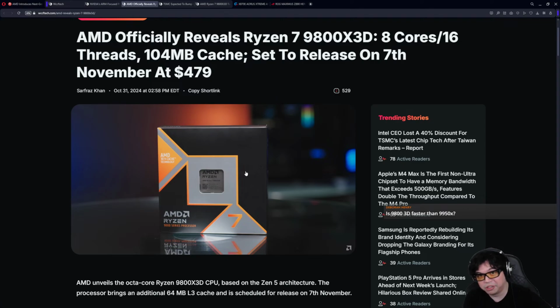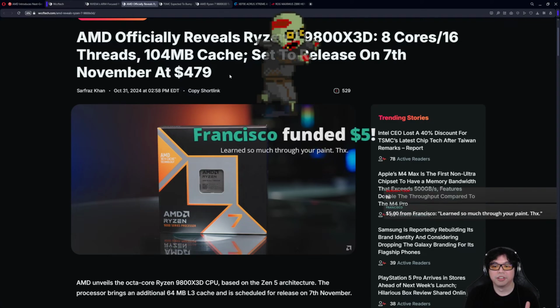But for gaming, we are going to be taking a look at the upcoming 9800 X3D. It's going to be 8-core, 16-thread, with 104 megabytes of cache. Set to release a week from today, and the retail price is going to be $749. Interestingly enough, the 9800 X3D is launching on the exact same day as the...